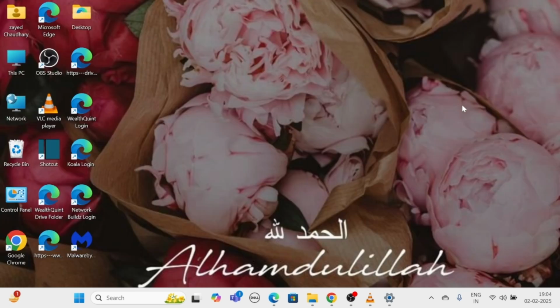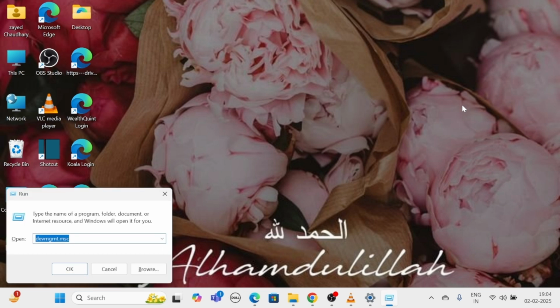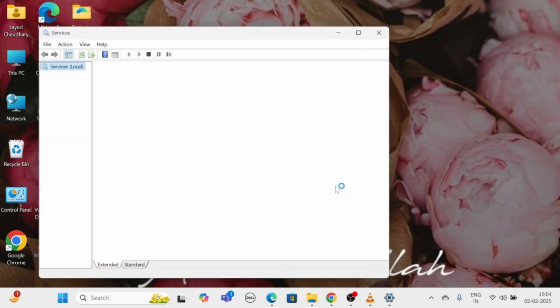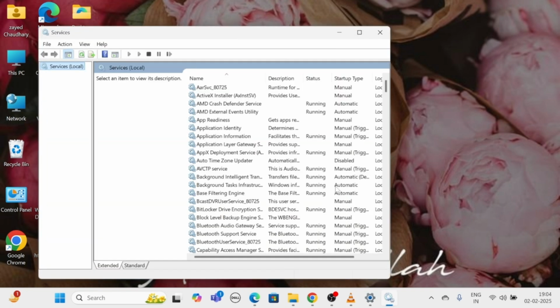Fix 6. Check audio services. Press Windows plus R and type services.msc. Click Enter. Now in the service window, locate the following services.